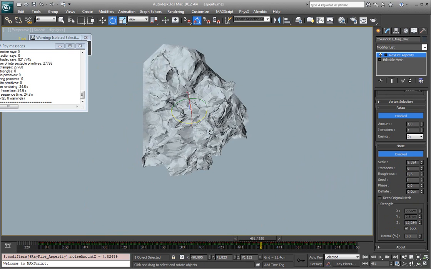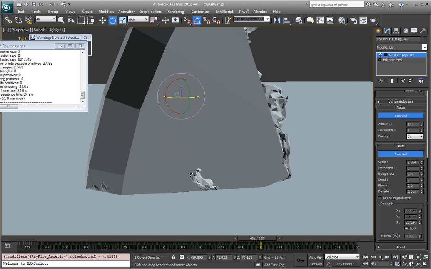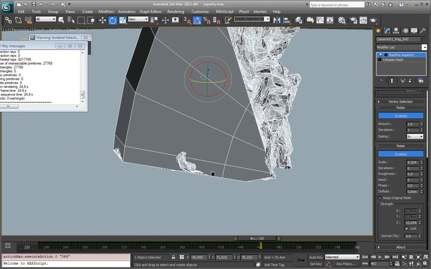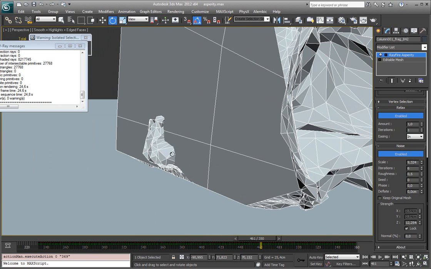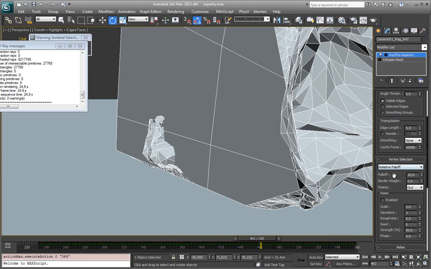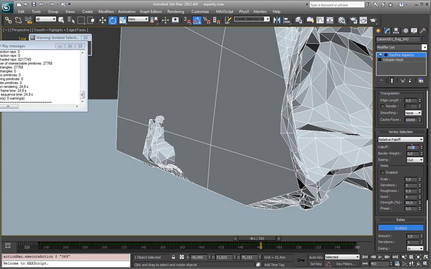Of course it's not what you're going to use, but I am doing this to show you this problem you may have. Here you can see there's an intersection area that goes intersecting with the original surface. And of course this is not appropriate. Here you can use this vertex selection rollout, as you can see there's a fall-off property. It also works in relative mode and absolute mode. And again, right now 10% means it affects only 10% of